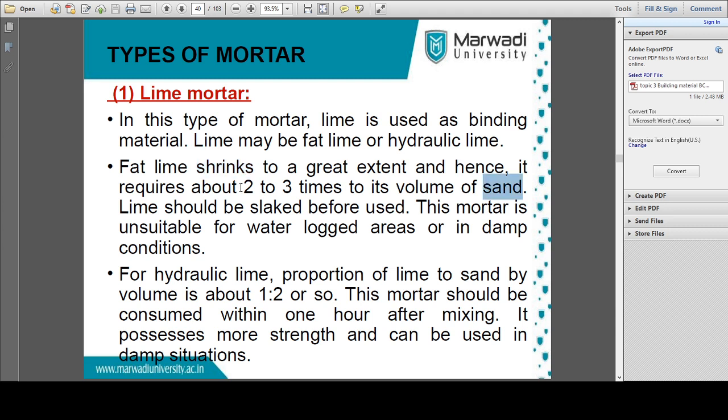And lime should be slaked before use. Slaking means we are adding extra water. So this mortar is not suitable whenever we are having a waterlogged area, right? Waterlogged area means the area